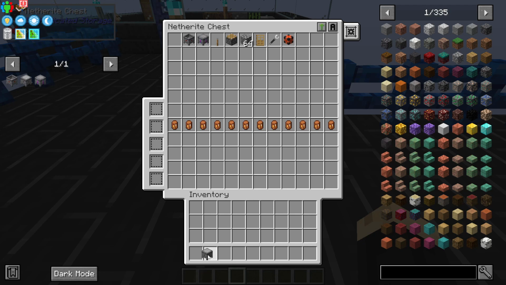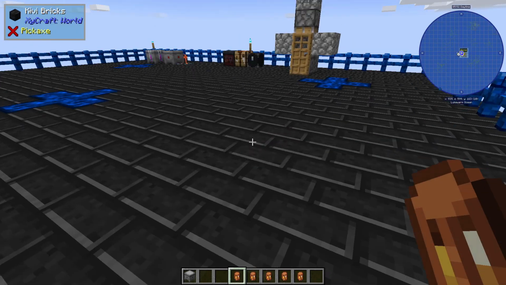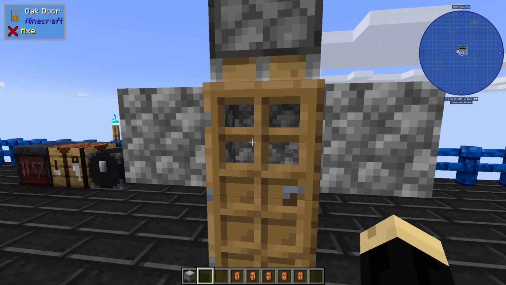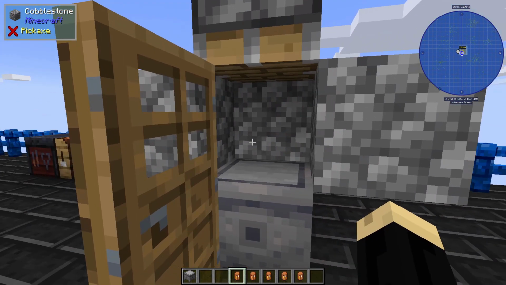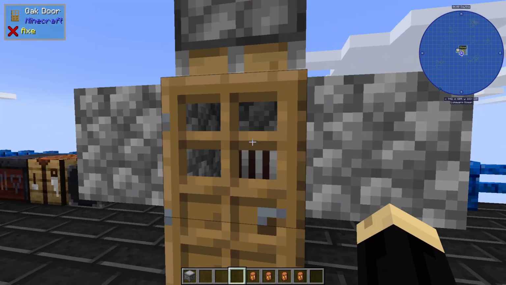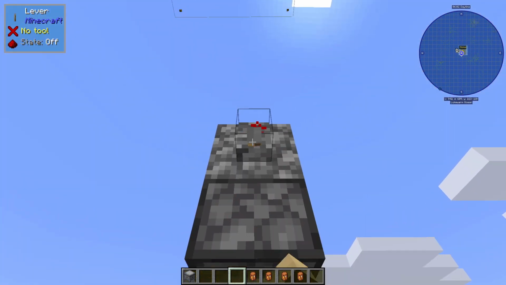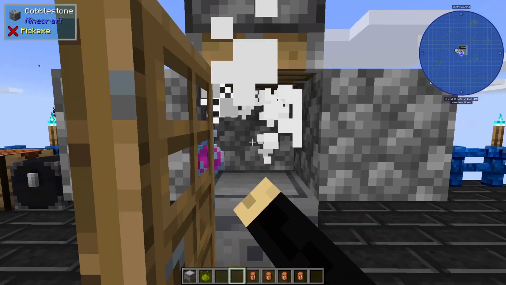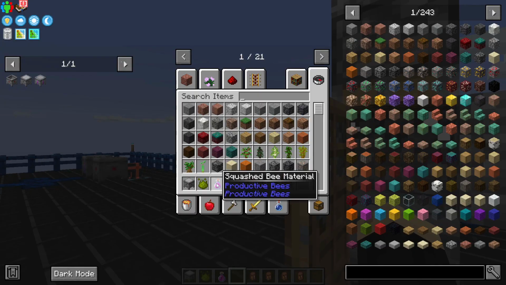You can do this with pretty much any bee that's in this mod pack. And we're going to take ourselves at least, I like to have at least 5 or 6 to make a spawn egg. You'll see why here in a moment. So I'm going to open this up, put a bee inside and close the door, and hopefully he's stuck in there. He is. Okay? I'm going to pull down the bottler, and it squished him, and now I have a